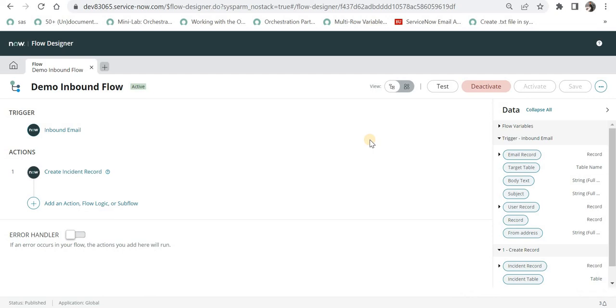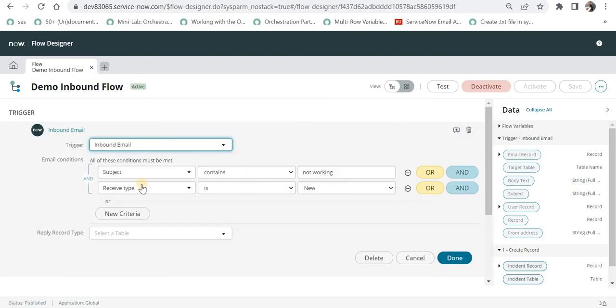I will activate this, and now this flow has been activated. Now any email which is coming into ServiceNow and has the subject as not working and the receive type is new, so that means if it's a new email and it doesn't have any relationship with any old records, that means it doesn't have any watermark and doesn't have any identifier in the subject like the forward or the reply. Now we will send an email from my Hotmail account to this ServiceNow instance,